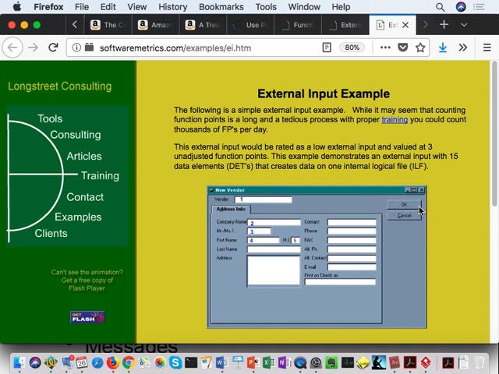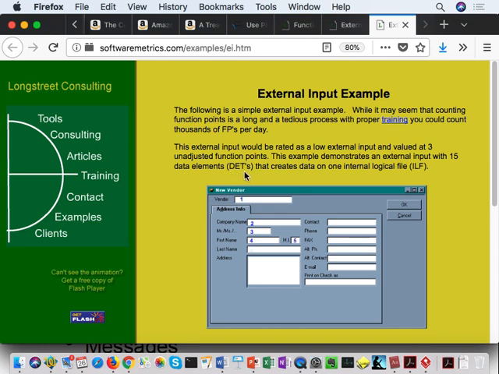The OK button is also counted as 1, because it's invoking a function. But the cancel one is not doing anything, so we don't need to count it. So you can see this EI user function has a number of